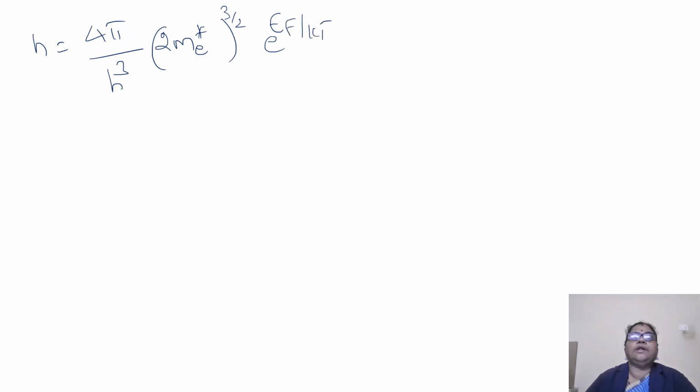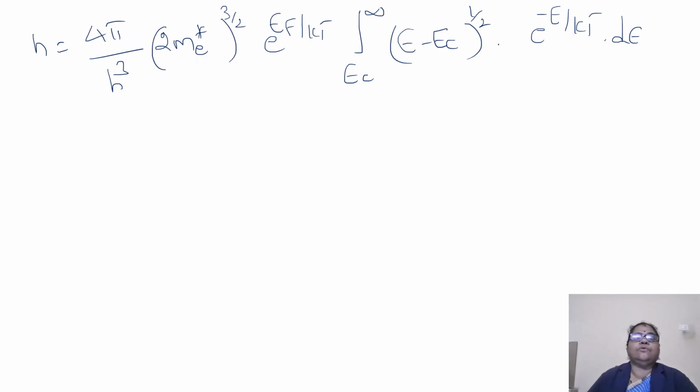So we have the expression n is equal to 4 pi by h cube, multiplied by (2m e star) to the power 3 by 2, into e to the power (Ef by kT), integral from Ec to infinity, and then here we have (E minus Ec) to the power half into e to the power minus E by kT into dE. In order to simplify the integral,